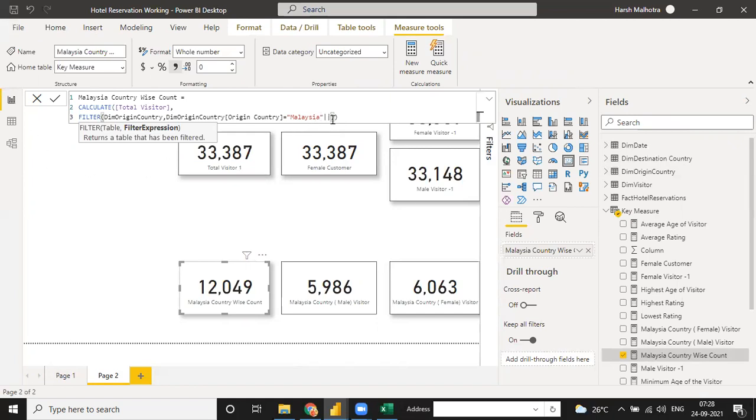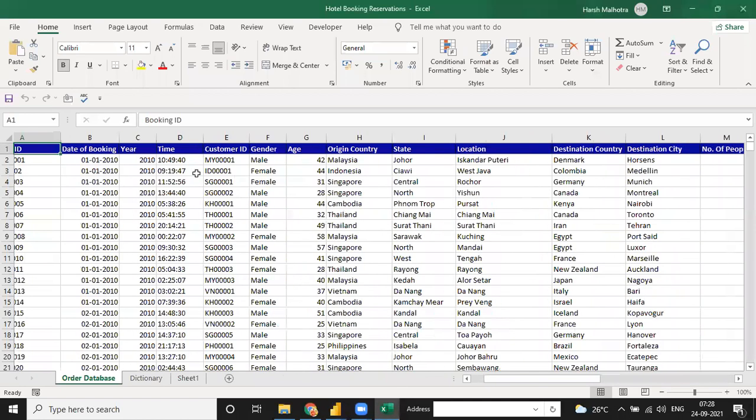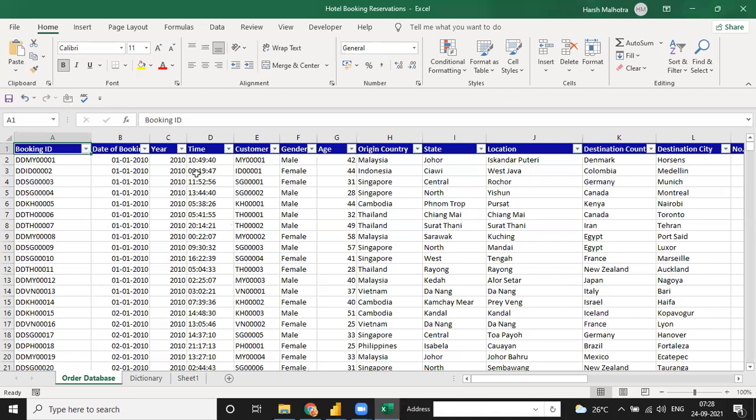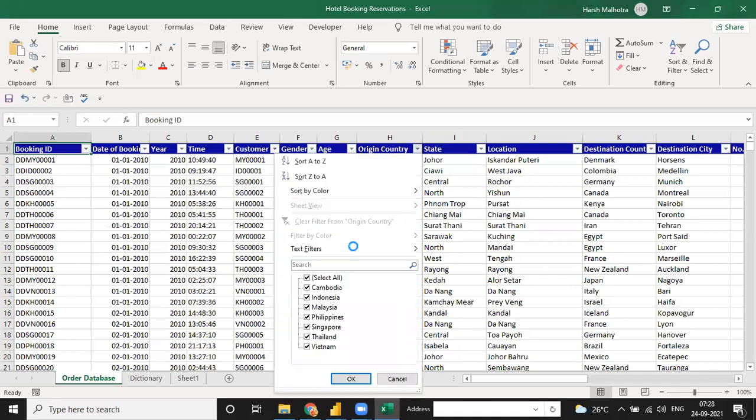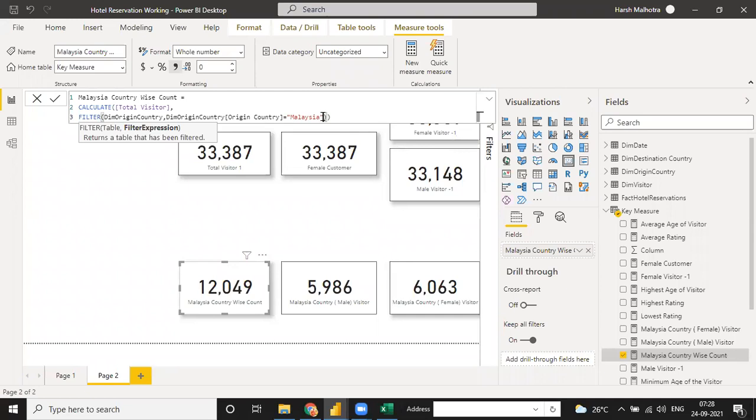I will tell you. For Malaysia, suppose in the origin, first I click on the center. In origin country we have a total of seven. Right now I just click on Indonesia, copy and write this.